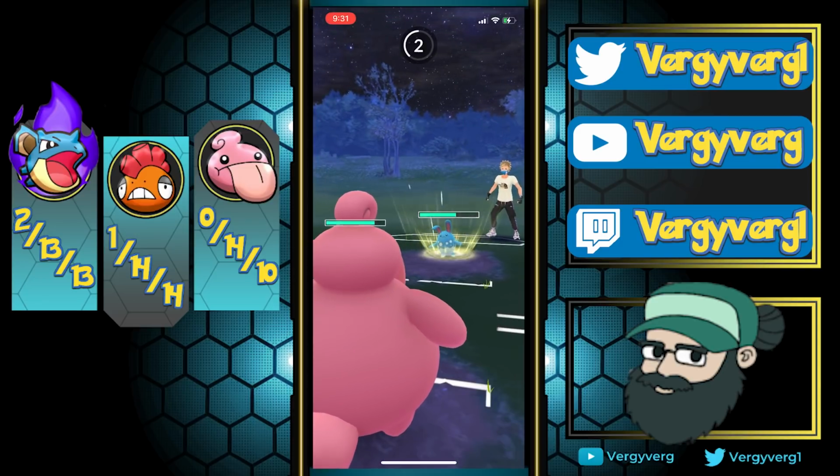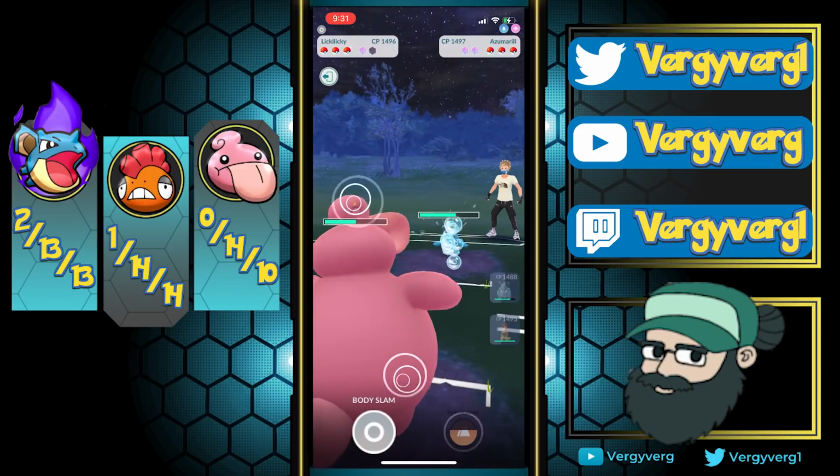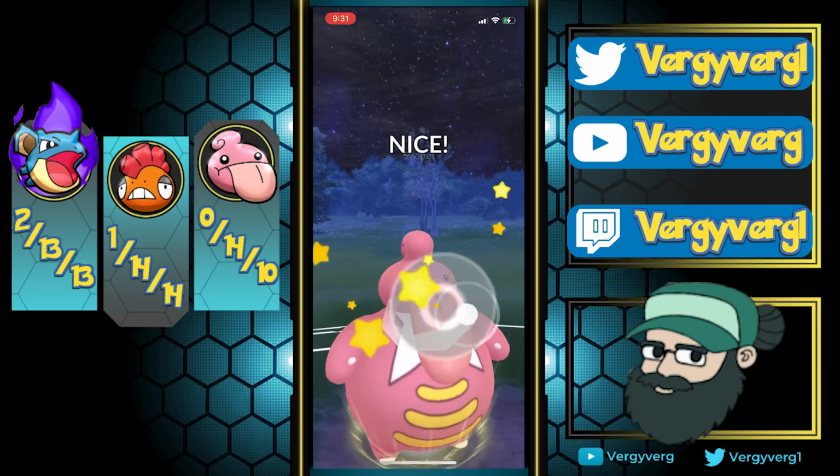Definitely not going to use my shield here. I have a feeling what's going to be in the back. Maybe it's like a Medicham. It's going to be something that's weak against Nidoqueen, or weak-ish, right? Because he's going to throw out...